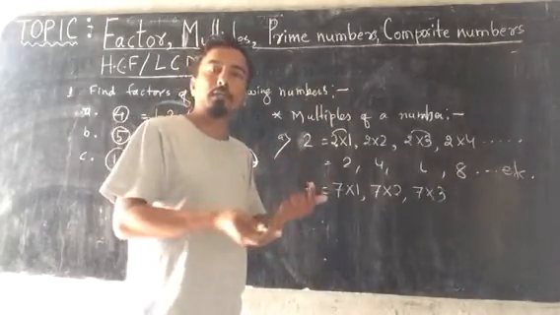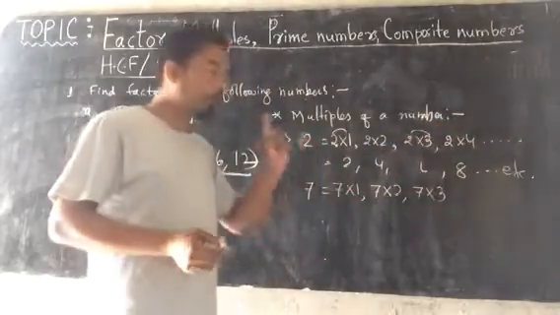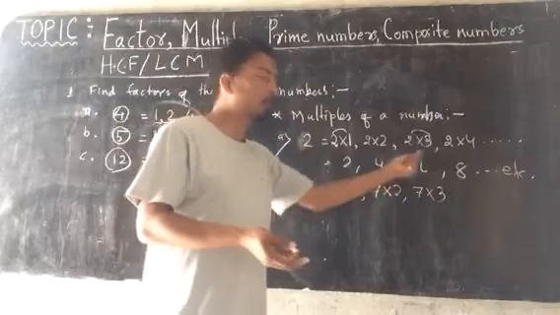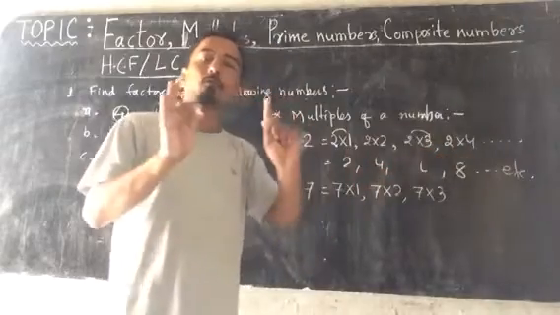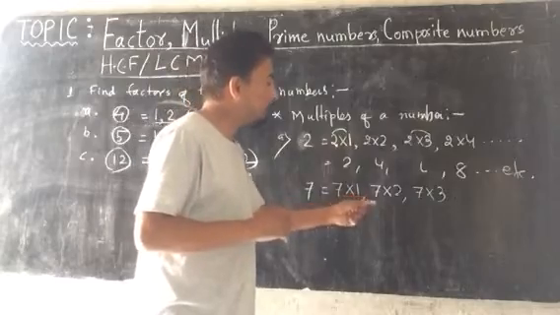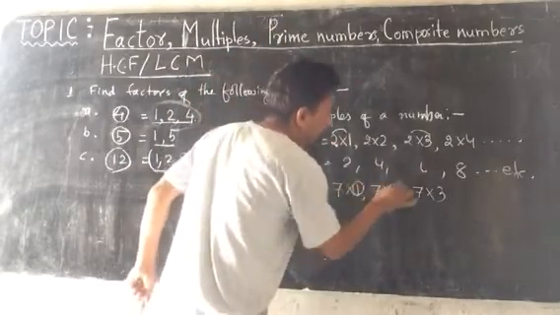If you have to obtain 10 multiples, keep on multiplying up to 10. If you have to obtain 100 multiples, then you have to keep on multiplying by 100. If you have to find 3 multiples of any number, then you simply multiply by 1, 2, 3, or by any other number. By separate numbers you can multiply, no problem.